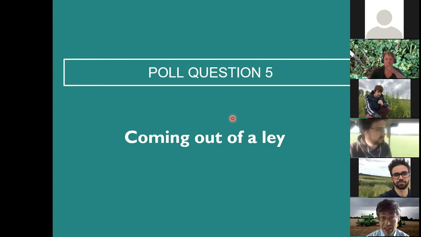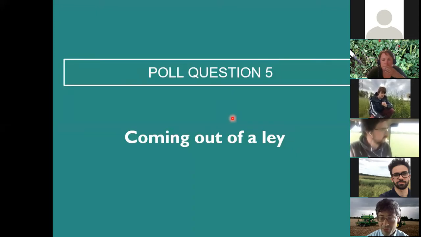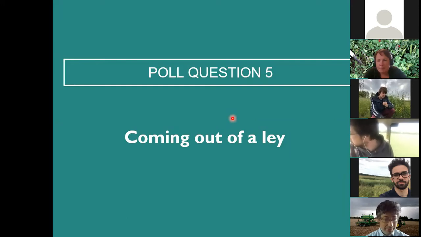We've also got the complex herbal lay in there as part of a rotation, and that's precisely what we want to look at: coming out of that herbal lay, going back into arable production, we'll be able to see exactly how the performance from that herbal lay is impacted compared to the other more standard rotations. And obviously in that trial, we also have the cultivations of plough and the different non-inversion tillage approaches. So we'll get a much better understanding of what impact it has. Brilliant. Thank you.